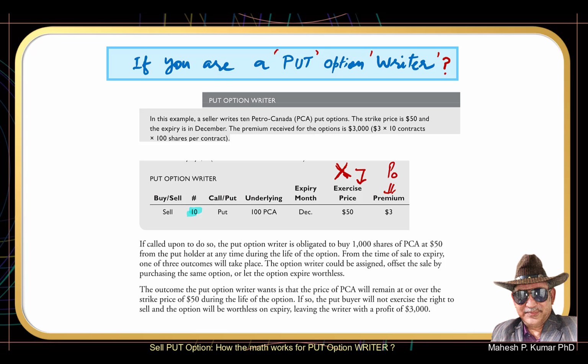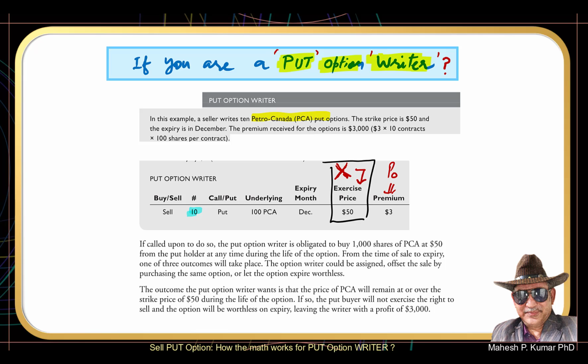In this learning, we are talking about put options, and we are assuming that you are a put option writer. So if we put yourself into the shoes of a put option writer, then how the math would work for you, this is what we are discussing here. Suppose you have written a put option at the exercise price of $50 for a company, Petro Canada PCA,